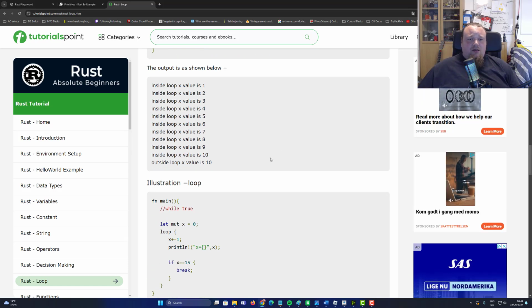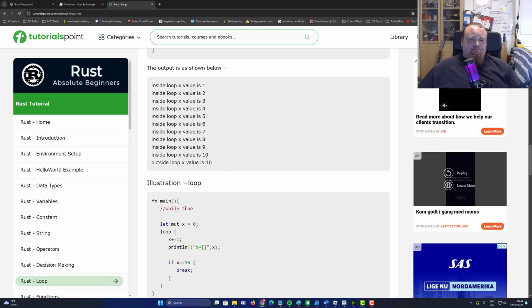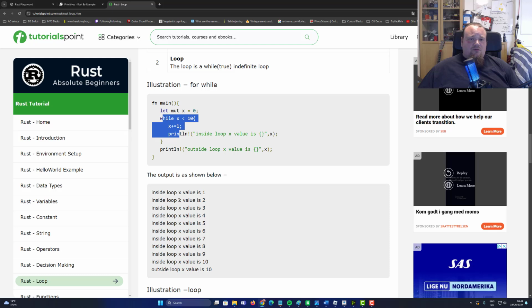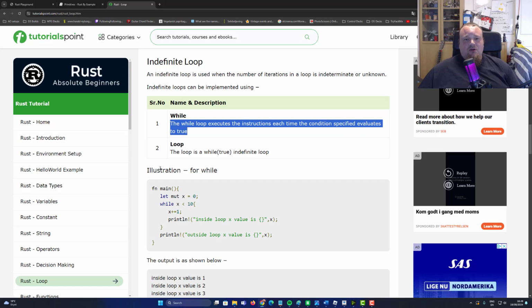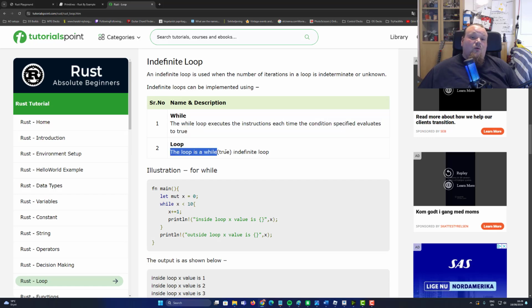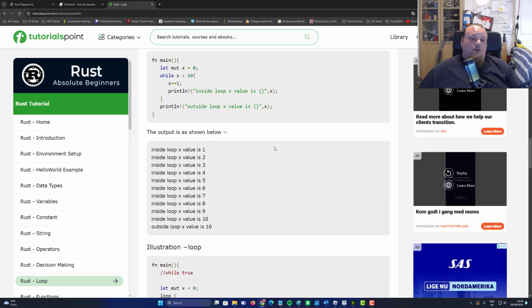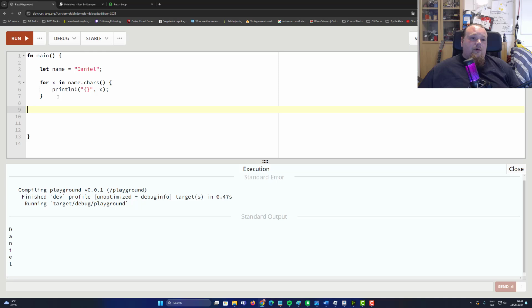Let's see. And now we have the loop, and this is a special thing. The while loop executes instructions each time, and the loop is a while true loop. So if I go in here and write loop, and then I create a variable, let mut x equals 0, then I say x equals x plus 1, I'm going to increment the x variable and say if x equals 10,